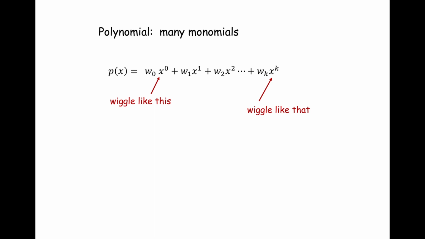Okay? So each one of these monomials is a different way of wiggling, moving, changing. And we'll actually show this in MATLAB. And of course, you can wiggle a little bit, not at all, x to the 0 power, or you can wiggle a lot, x to the k power, where k can be quite big, right? So all the polynomial is really doing is this kind of function dance, if you will. You wiggle like this, wiggle like that, and maybe a little bit of a wiggle that's in between, right?